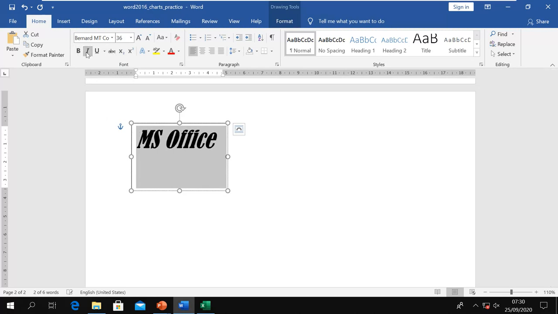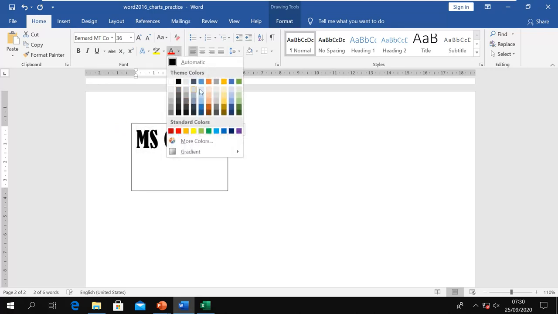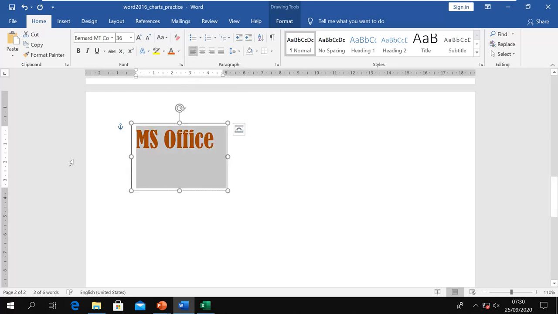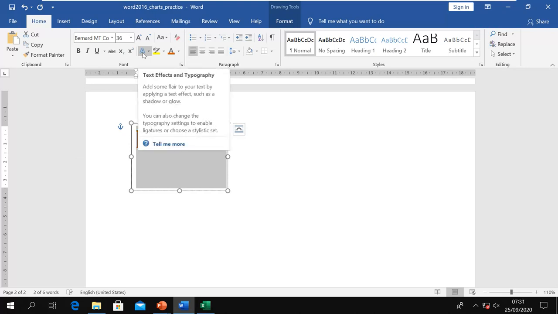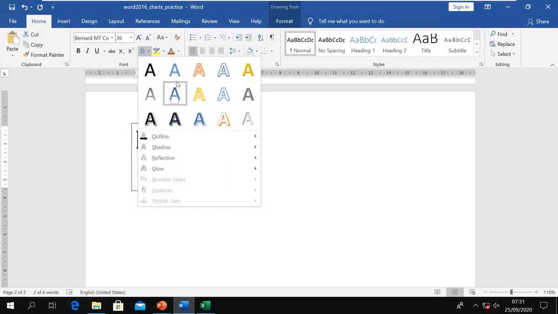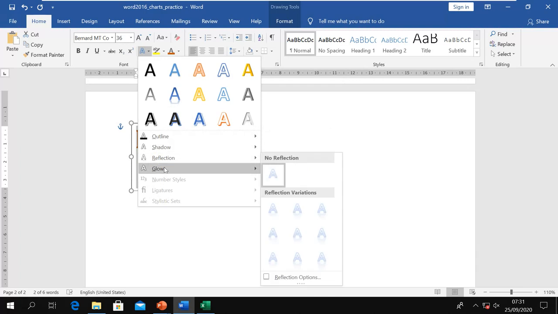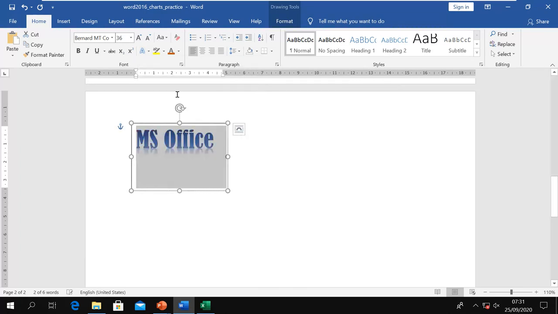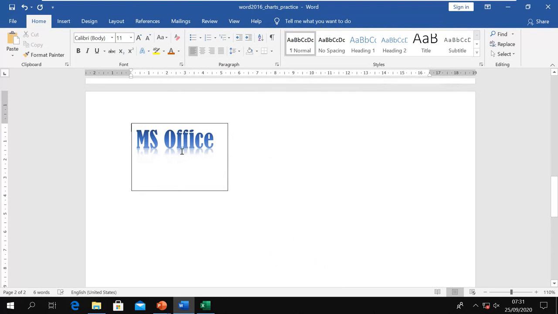You can make it italic, you can underline it, you can color the text in different colors, and even you can use this text effect to choose the effect. For example, I want this effect with the shadow, or you can choose from multiple effects here. I will use this predefined one with shadow, and here we have our text box with the formatting.